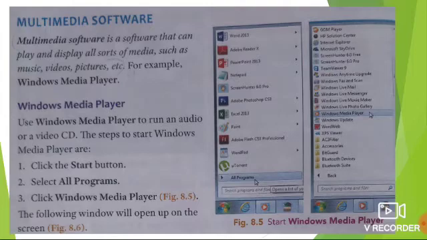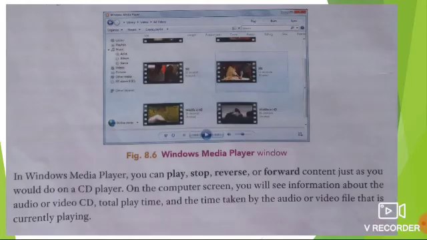To start this Windows Media Player, first you have to click on start, which is present here. Next all programs. Next go to Windows Media Player. In this Windows Media Player, you can see play, stop, reverse, forward, isn't it?